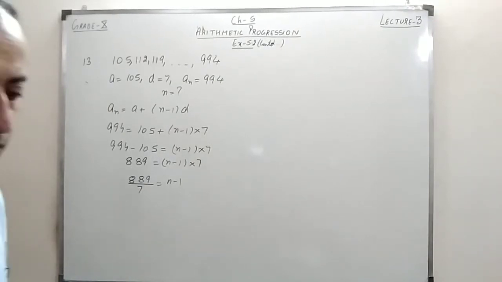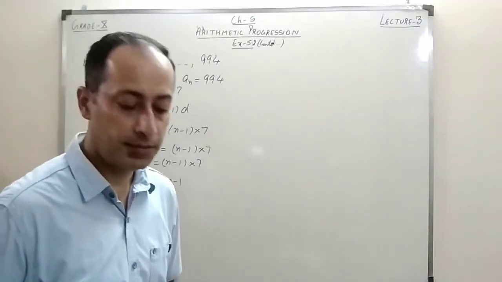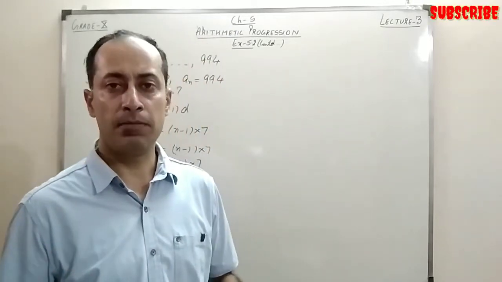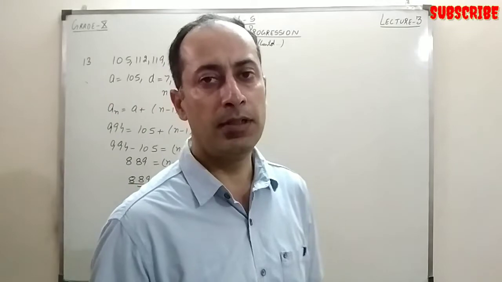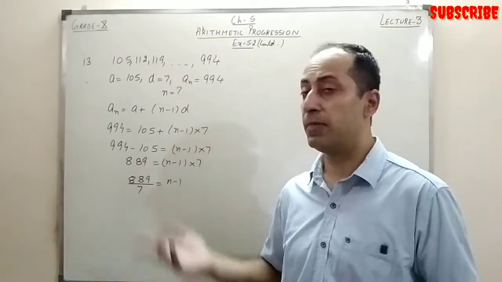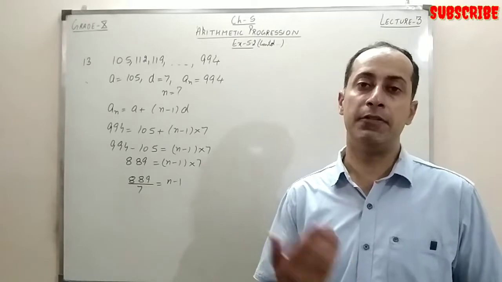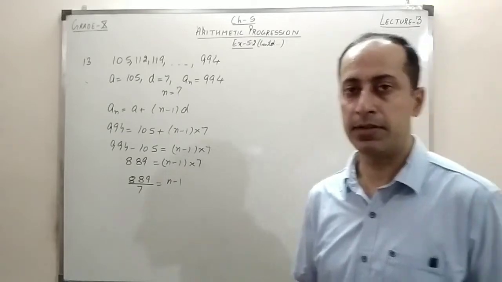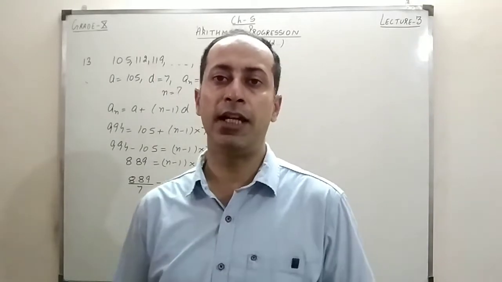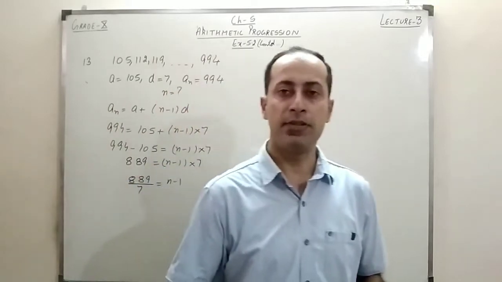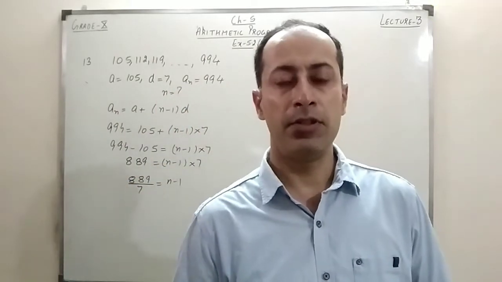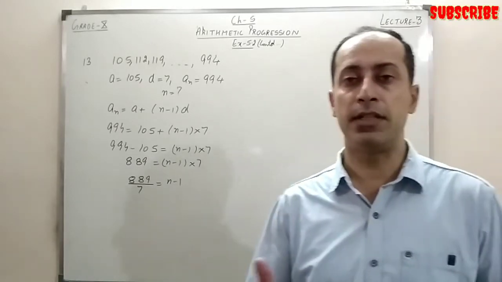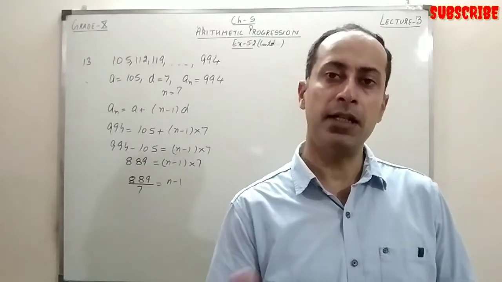Alright, let's see the next question, the 14th question: how many multiples of 4 lie between 10 and 250? The question is almost the same, but the pattern is different. Earlier we had to find the numbers which are divisible by 7. Now we are finding the multiples of 4. Divisible by 7 or multiples of 7, divisible by 4 or multiples of 4, the meaning is the same. The first thing would be to write the AP. To write the AP, we require the first term, and the common difference would obviously be the number whose multiples we are finding. So the first step is to find the AP's first term and last term, that is important.